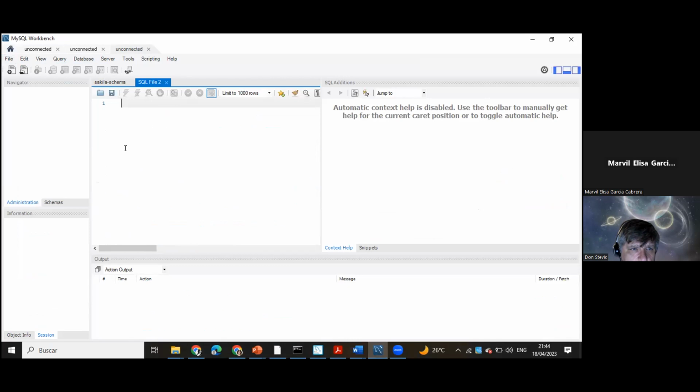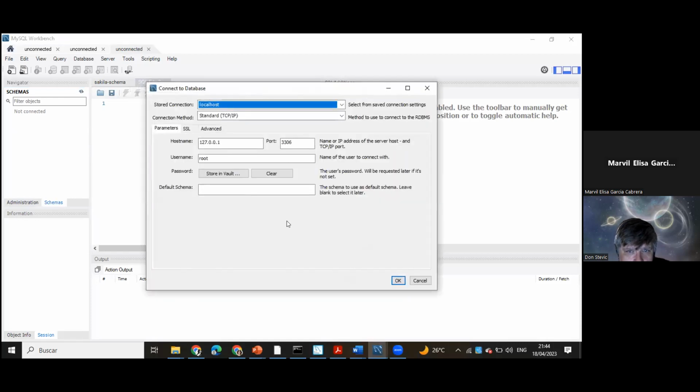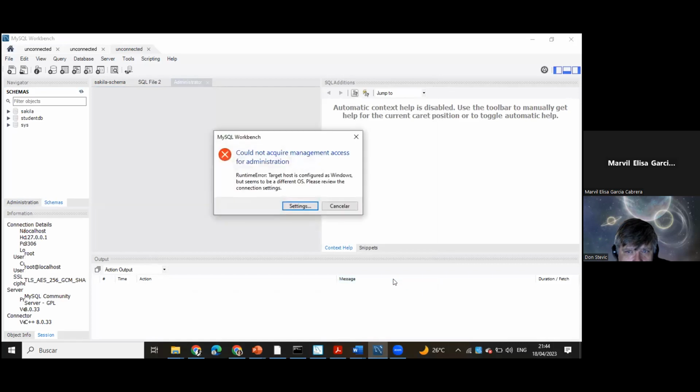Click on Schemas. It says that you're not connected. So you're not connected to your database. Click that, we're going to DBMS, click on that, click okay. That's the arrow.